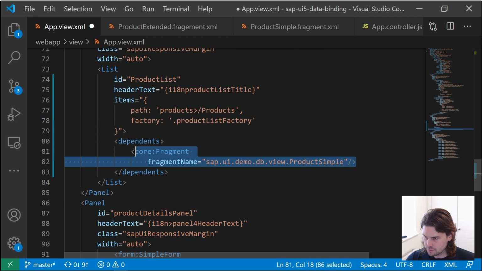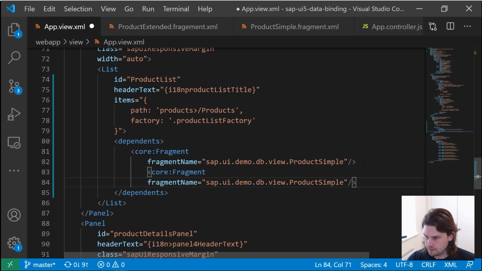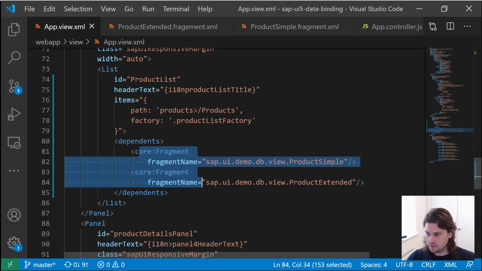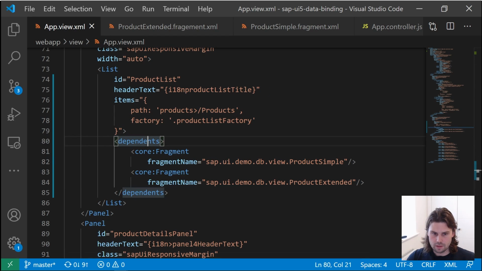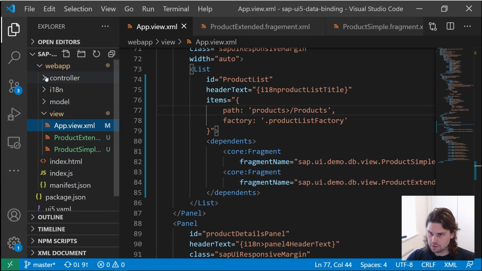Brilliant. And again, I'm going to be very cheeky and copy this. Can I do that? Yes, I can. And we'll just pop this back, and this is going to be ProductExtended. Brilliant. So now that we have the two fragments that we need plus our bits and pieces here, we need to go ahead and build our factory method. So save, open the controller,